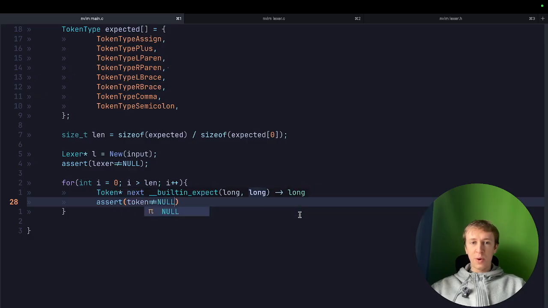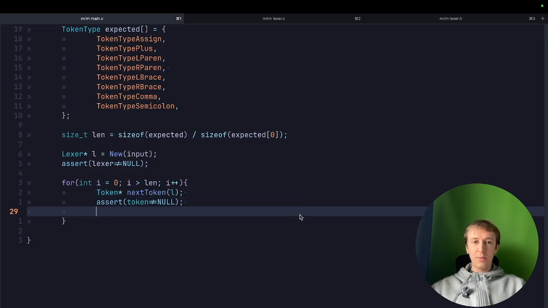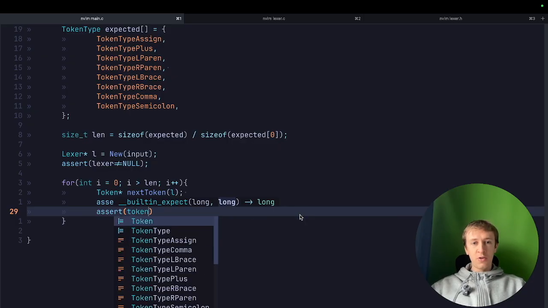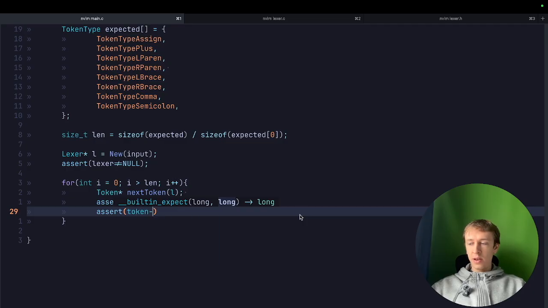I always forget if it's the other way around. Does it need to be assert token is equal to null? Is the assert checking that it's not equal to null, or should I have it the other way around to say assert token equal to null? We'll find out now. It shouldn't work if it's the other way around. Okay, and then the last one then, assert token type is equal to